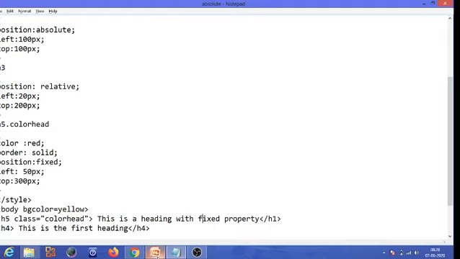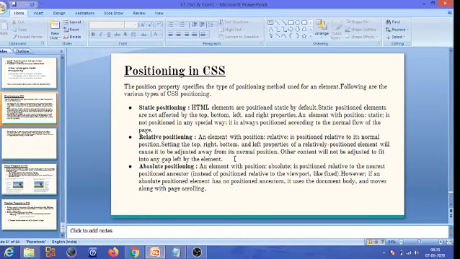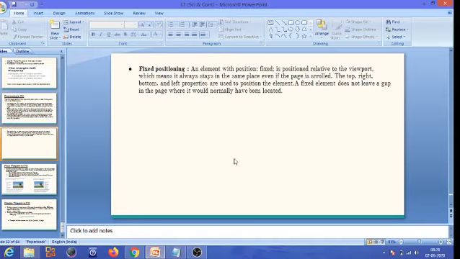We'll see the definition first. An element with position fixed is positioned relative to the viewport, which means it always stays at the same place even if the page is scrolled. Okay, it always stays. The top, bottom, right properties are used to position the element. A fixed element does not leave a gap in pages where it would normally have been located. Okay, it does not leave a gap means,